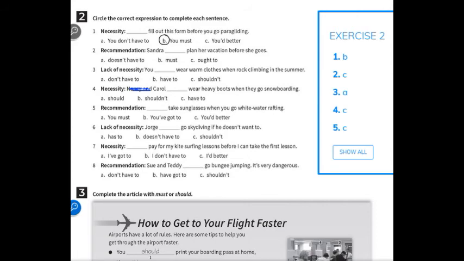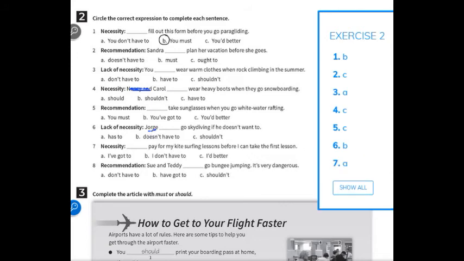And number 6, lack of necessity, it's letter B, doesn't have to. Jorge doesn't have to go skydiving if he doesn't want to. So that's doesn't, which corresponds to Jorge. Remember the negative form in simple present. Necessity, we have that. 7A, yes, I've got to pay for my kite surfing lesson before I can take the